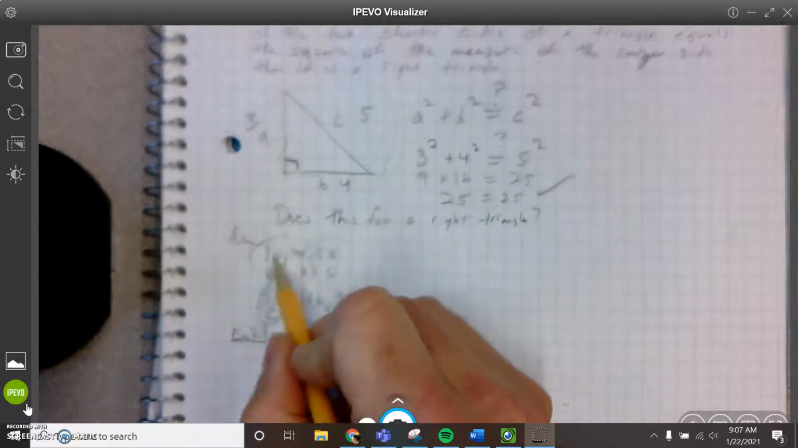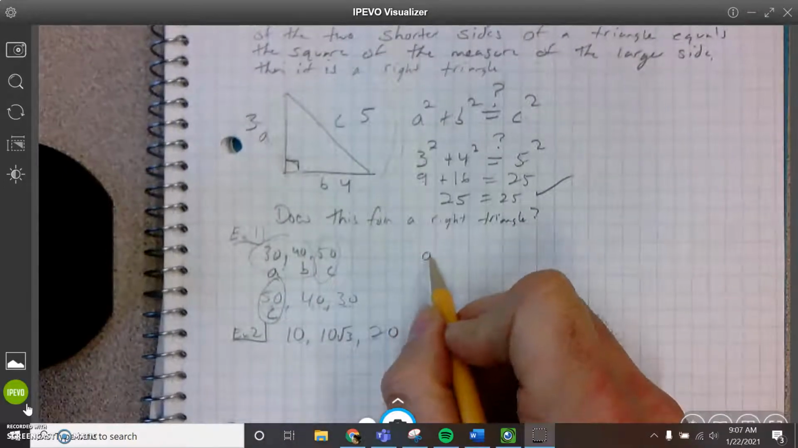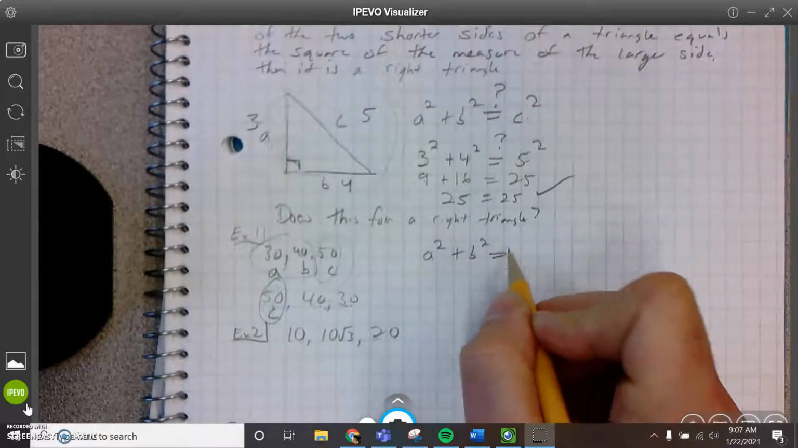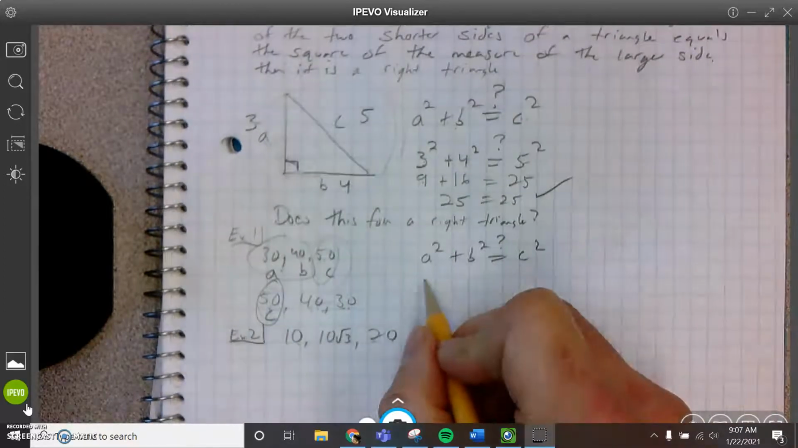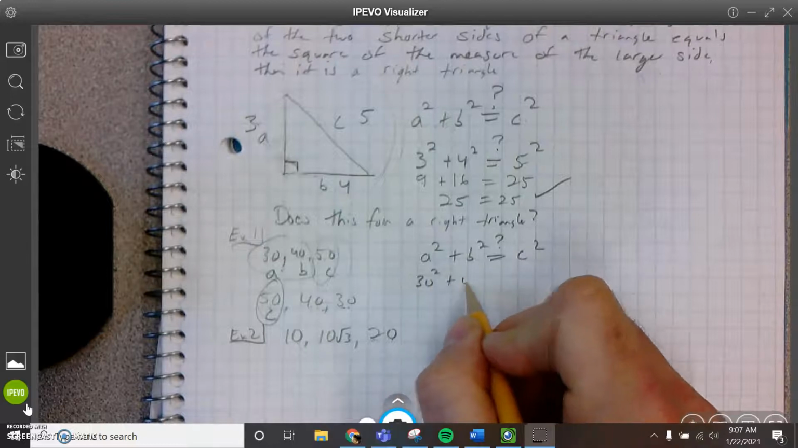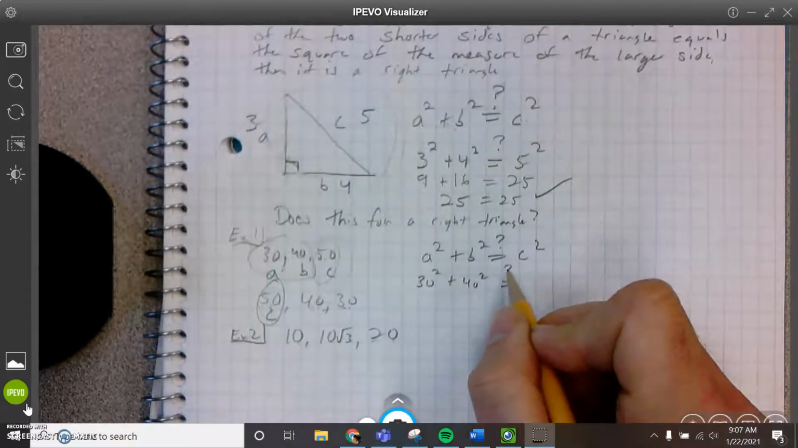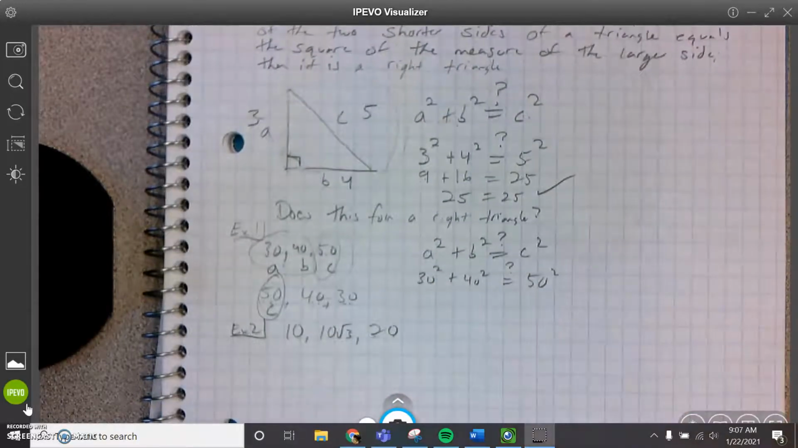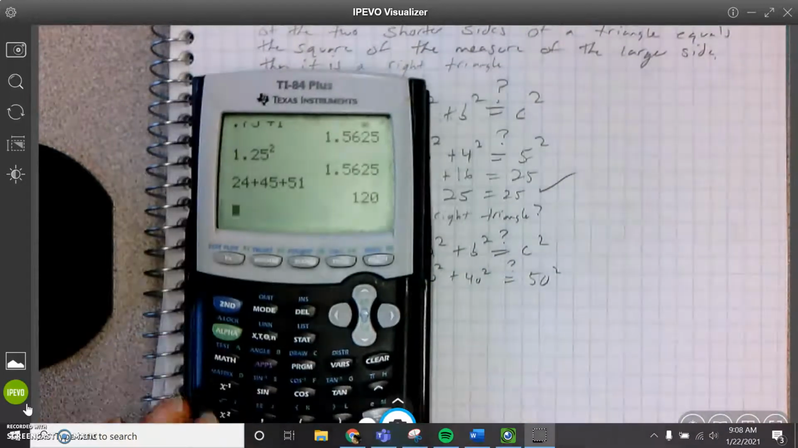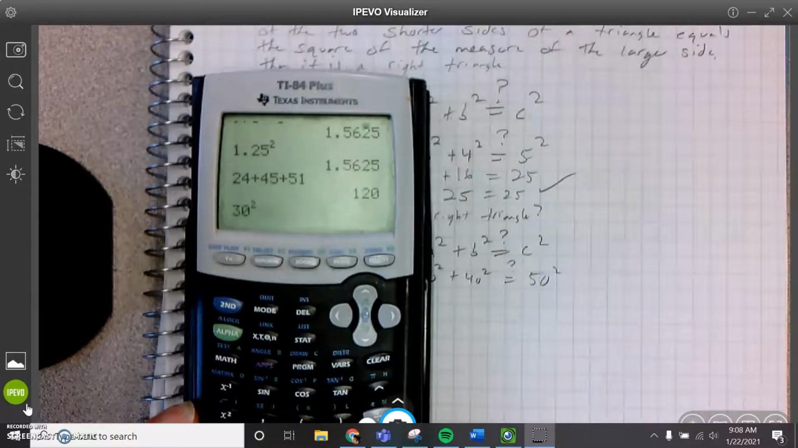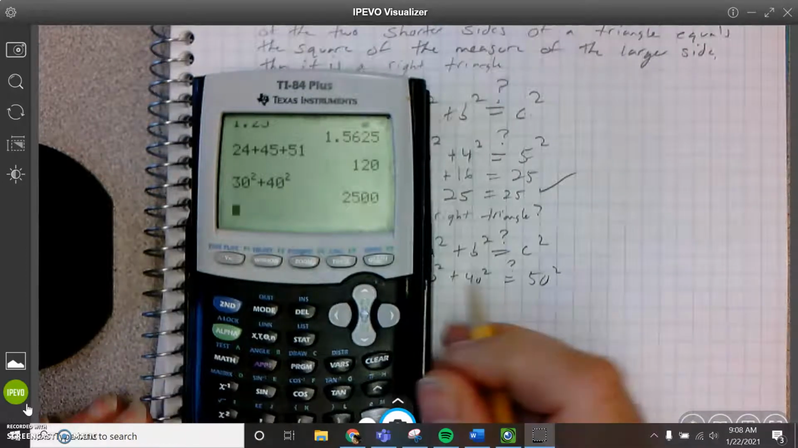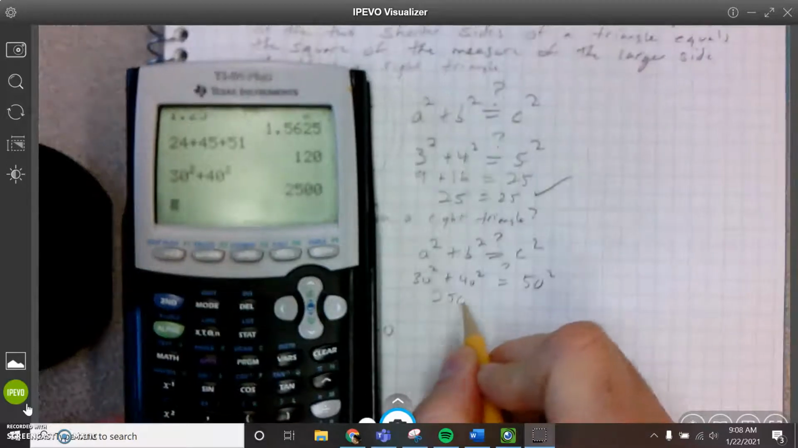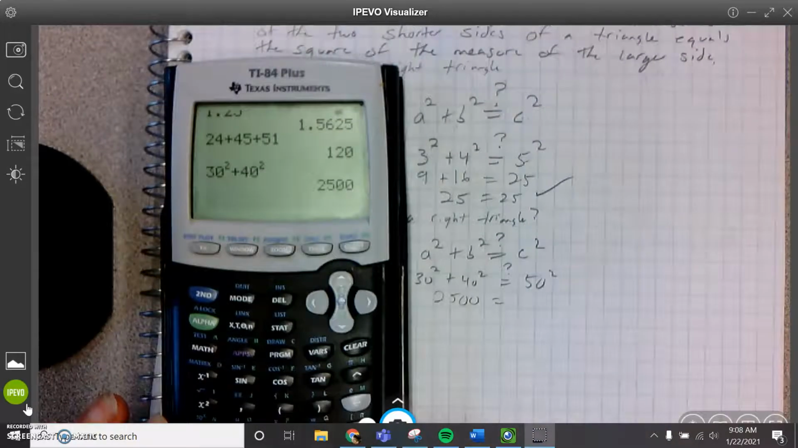So in this case, we have 30 and 40 as A and B. So does A squared plus B squared equal C squared in this context? I don't know. So that would be 30 squared plus 40 squared. Does that equal 50 squared? I don't know. Okay, calculator. You can do the calculator if you want. 30 squared plus 40 squared equals 2500. 50 squared,